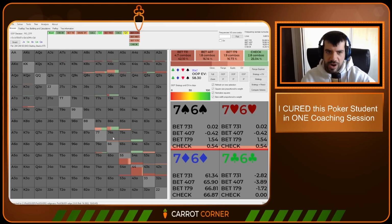I love this bet in practice. I think it's going to be nice. But the block bet here has a really cool function because like what happens on the river is that your range actually starts to pick up a lot of mediocre hands that you didn't have earlier. So when you raise the flop, you're kind of polarizing. You bet the turn, you're polarizing again, but when a flush comes in, you can have a bad flush now,